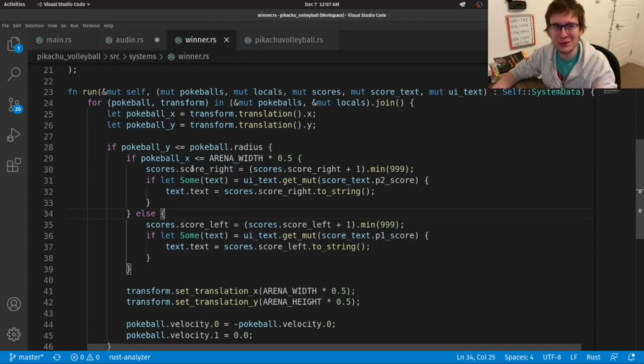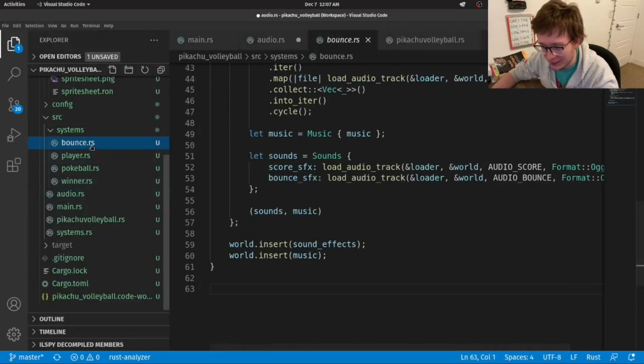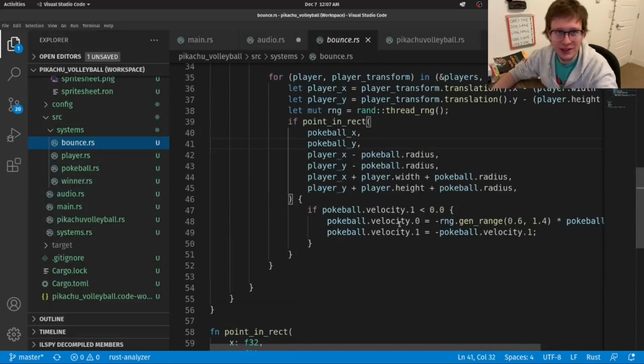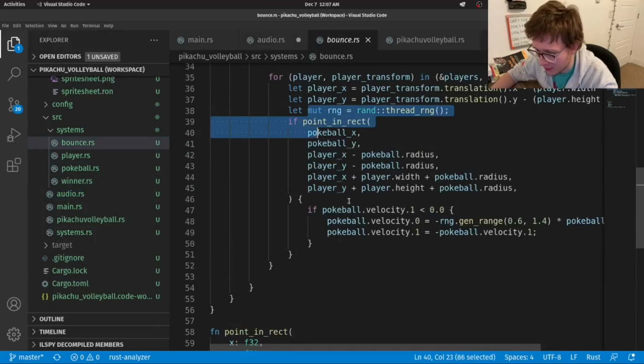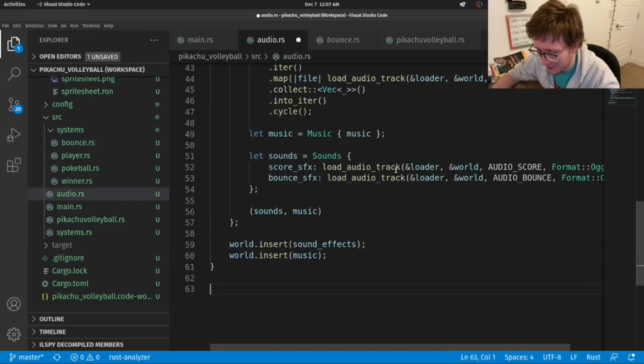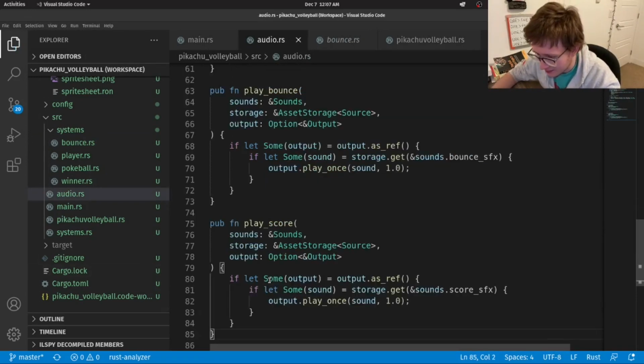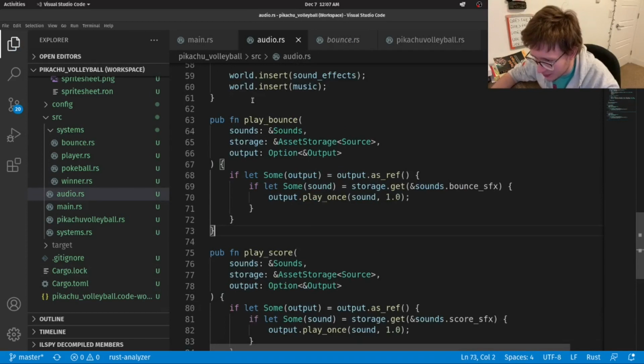We want to create helper functions that we can just call in, well, actually not winner.rs. We want to call in bounce.rs whenever we reach a certain condition, right? So if pointing a rectangle, play Pika? Yeah, play the Pika sound. Right, so to do that, we will implement these two functions. Alright, so play_bounce.